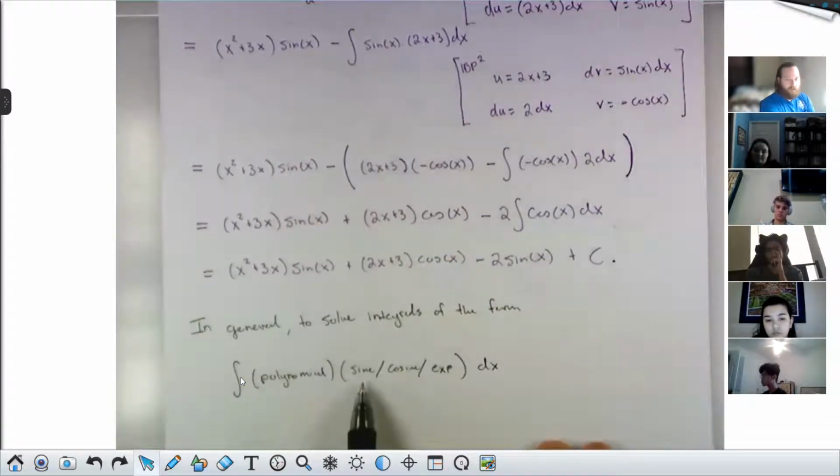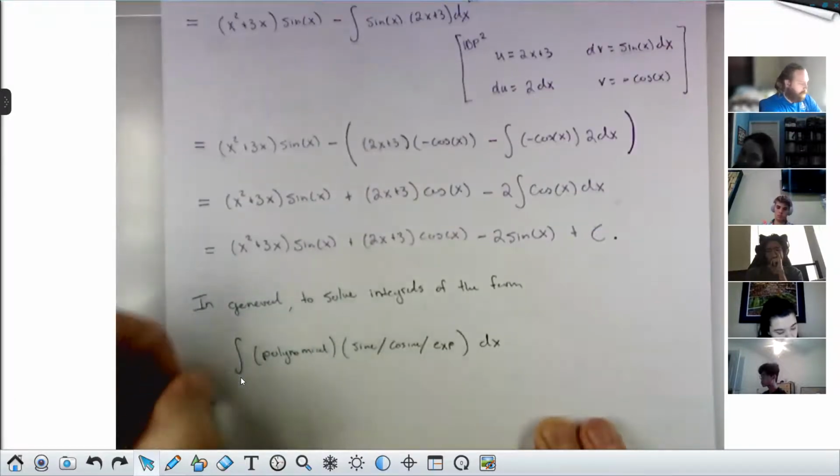And it doesn't have to be exactly sine of x. It could be sine of pi x, or it could be cosine of 2x, or e to the negative x. Any sine, cosine, or exponential times a polynomial, we run